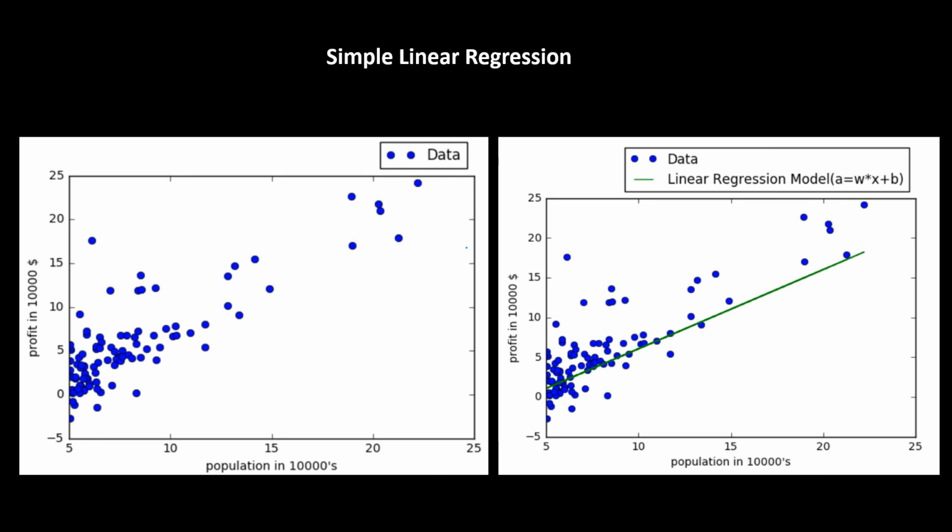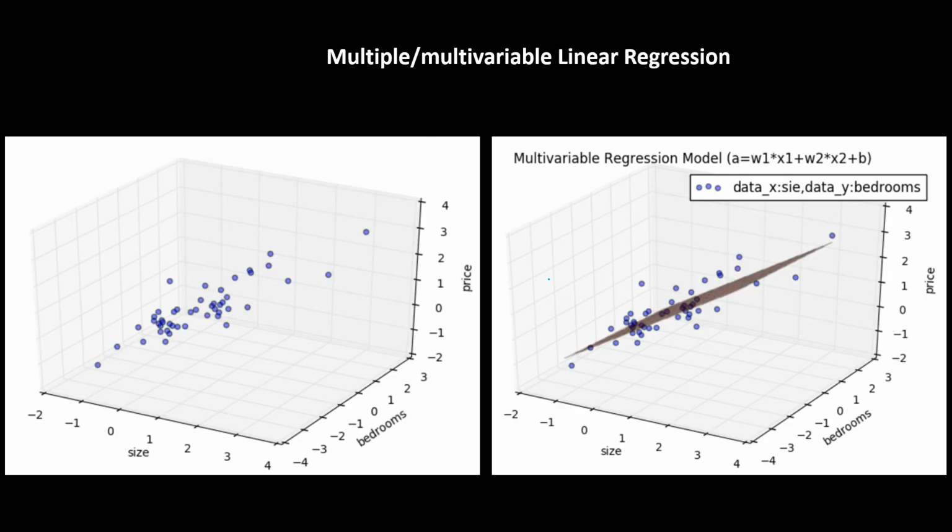So basically you will have data like this shown here, and you have to find the best fit line, a linear regression model which best fits such that the error between the line and the different points is minimal, so that whenever any new value is given, suppose a new value of x, you can directly predict the new value of y. That was simple linear regression, where we have just one input variable. We can also have more than one input variable. In this case, we are predicting the price of the house, and the inputs are the size and the bedrooms. Here we can learn a linear regression plane which best fits this data, such that given any new data, we can predict the output for that